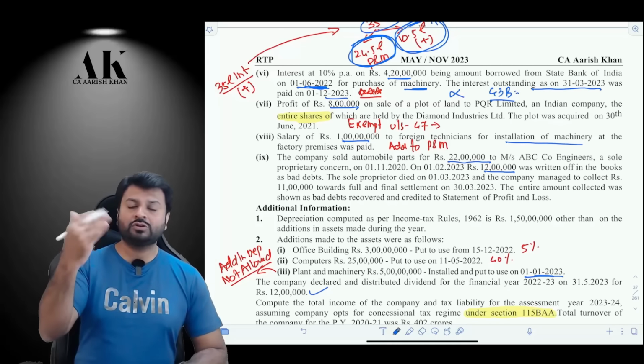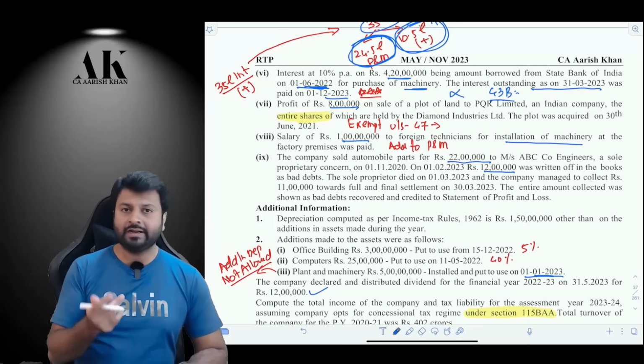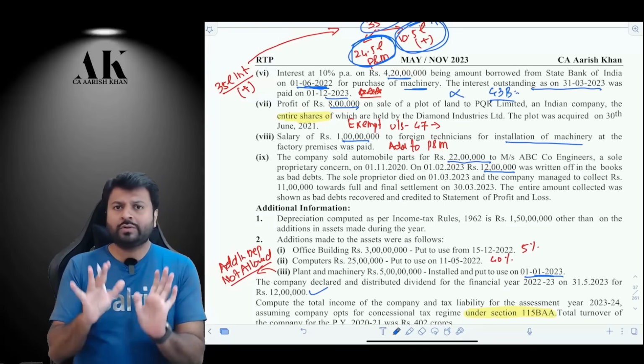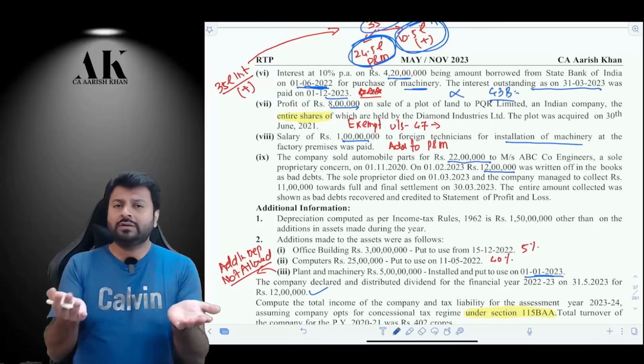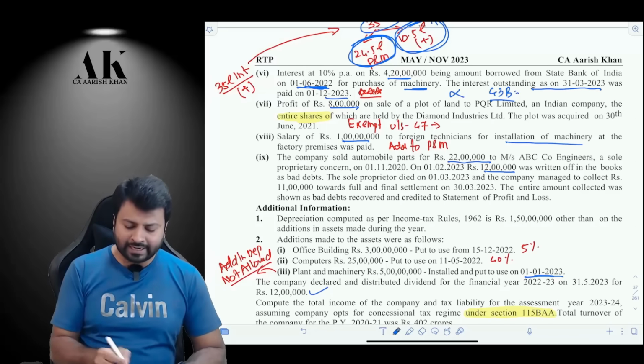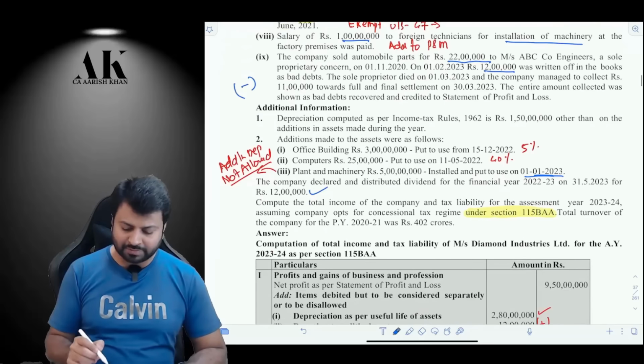Therefore, the remaining 10 lakhs should also be claimed as a deduction under bad debts, because that is not going to be received now. Earlier you sold 22 lakhs, out of which 12 lakhs is written off. Now the remaining 10 lakhs will also not be received because the other person is dead. Therefore, reduce 10 lakh rupees. That is the adjustment for this particular item.